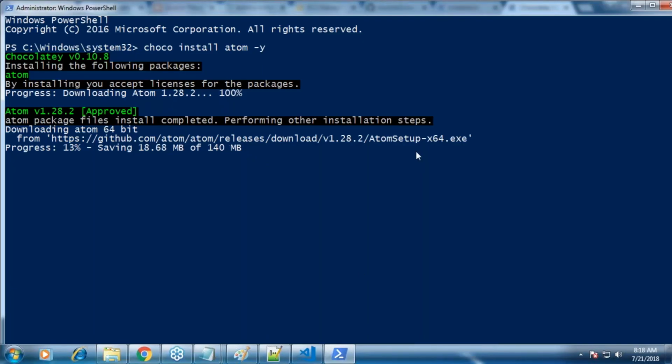If you see this, it will take its own time. It will start downloading, it will install, and then it will say it's done. Once you have finished with your software and you don't want to use it, exactly the same command, choco uninstall Atom, and it will remove it from your system. So installations and uninstallations can be done from the command line, and this is how I want you to do it. Okay, good. Now let us write one more YAML file.